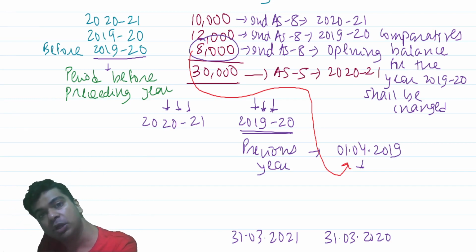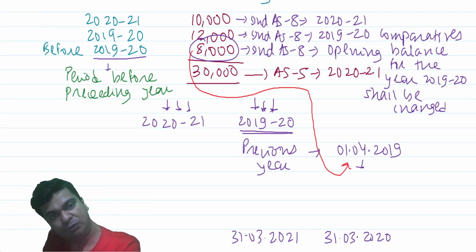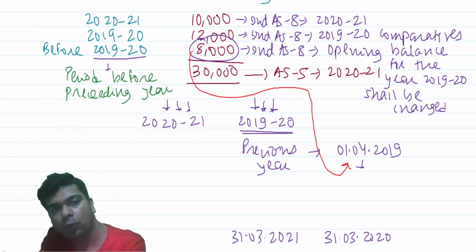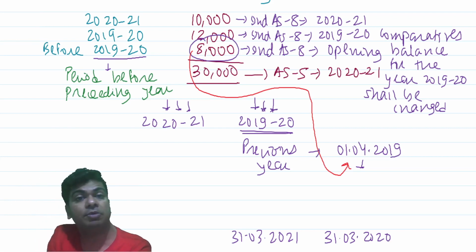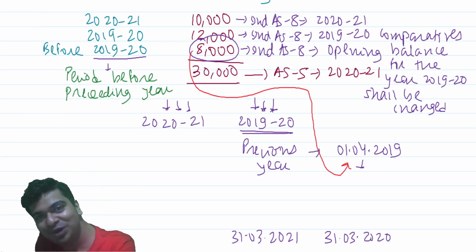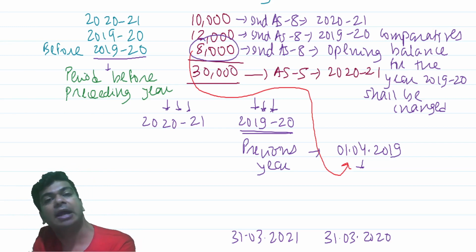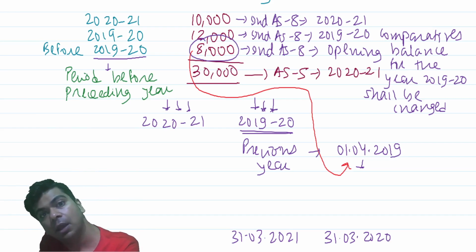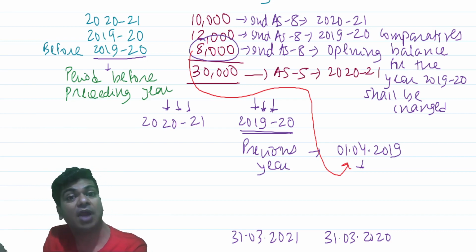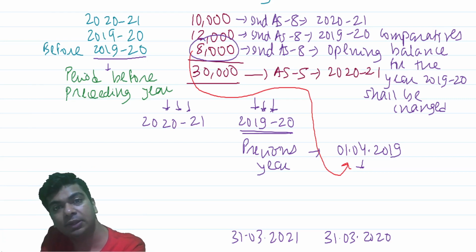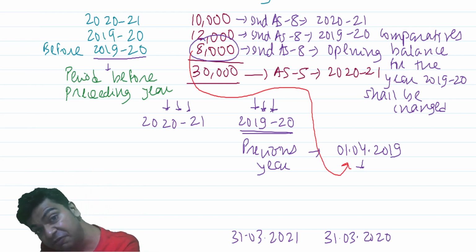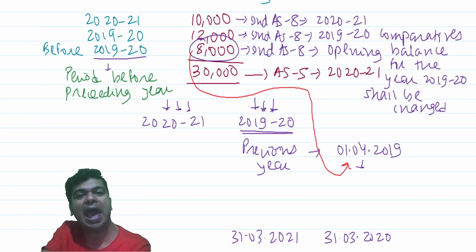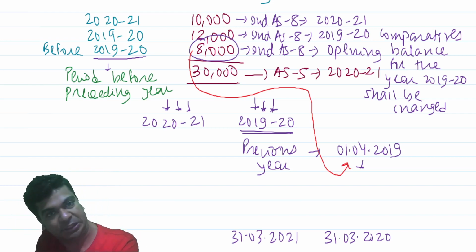But the important thing in our illustration was that the company was formed 5 years ago. Let us say the company was formed 50 years ago, and now it is deciding to change its accounting policy. If you want to change the accounting policy, you have to give its effect retrospectively, as if right from the very beginning you were following the new accounting policy. As if right from 50 years back, you were following this new accounting policy.